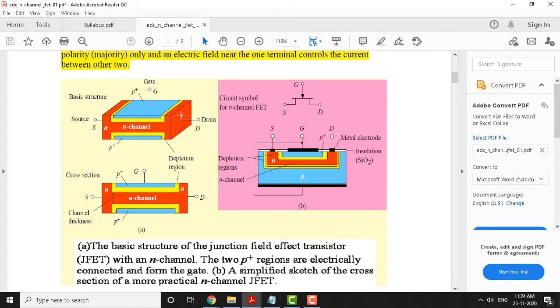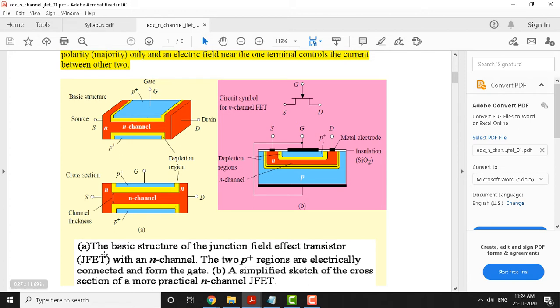Imagine this is the top view, this is the bottom view which you are unable to see, and what you see here is the front view. So, this is a 3-dimensional view of an N channel junction field effect transistor.